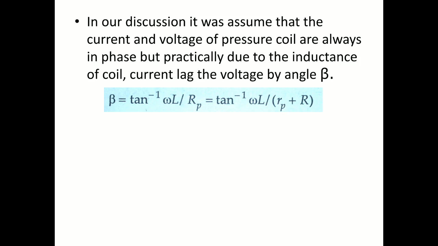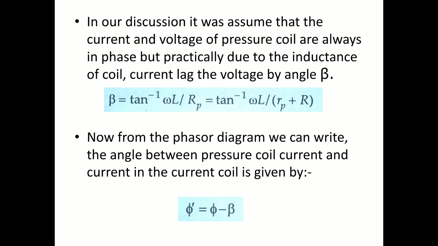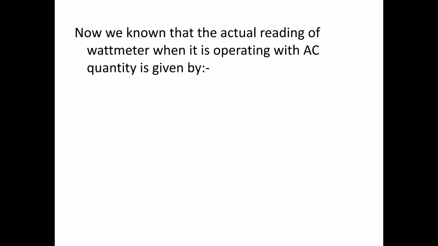So we can write beta is nothing but tan inverse of omega L divided by Rp. But we know that capital Rp indicates the total resistance of the pressure coil path, which is nothing but the addition of capital R plus small rp. Now from the phasor diagram, we just derive this mathematical equation, that is phi dash is going to be equal to phi minus beta. Now we know that the reading, or you can say the actual reading of wattmeter when